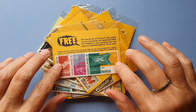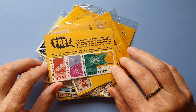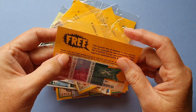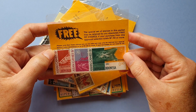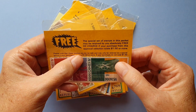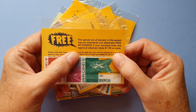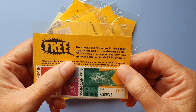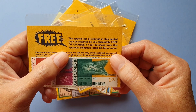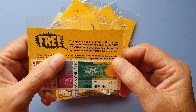I recently got these vintage stamp packages in a large lot of stamps that I bought. So this specific packet is a packet of free stamps, and they say, and I quickly read, the special set of stamps in this packet may be retained by you absolutely free of charge if you purchase from this approval selection totals